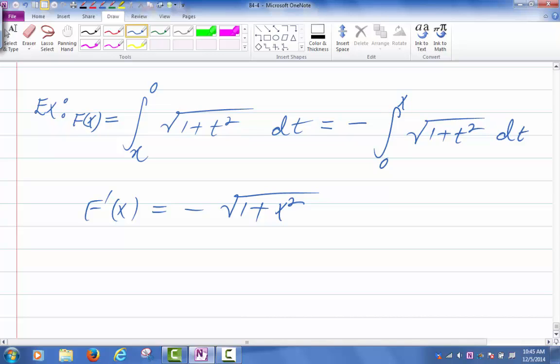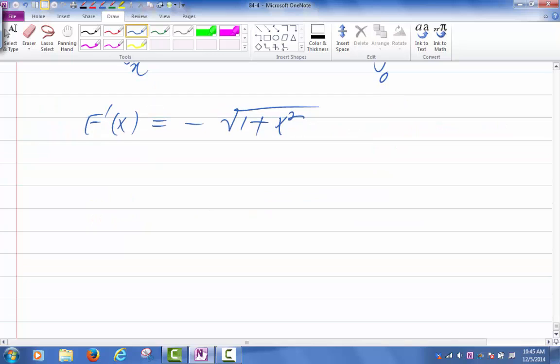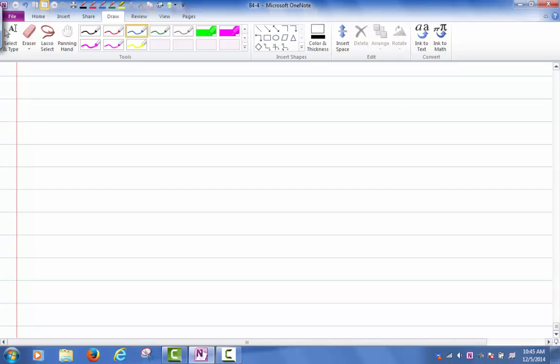Okay, I am going to do more examples on this next week, but let me now move on to FTC2. So FTC2, this is what you have been waiting for. This is going to allow you to compute integrals without using Riemann sums. This is the fundamental theorem of calculus part 2, and I'm just going to call that FTC2. What does it say? It says the following: if